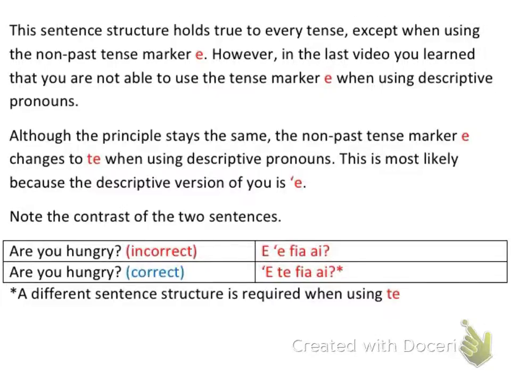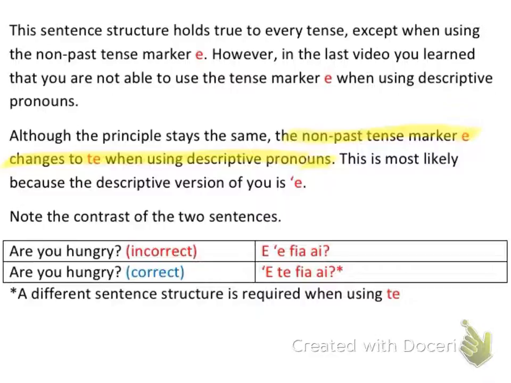The most important part of this video is this right here. The non-past tense marker a changes to te when using descriptive pronouns. So I can still use the same principle as the habitual tense marker a. I just can't use it in the same form when I have descriptive pronouns. When I want to use descriptive pronouns, I switch that habitual tense marker a, or the non-past tense marker a,